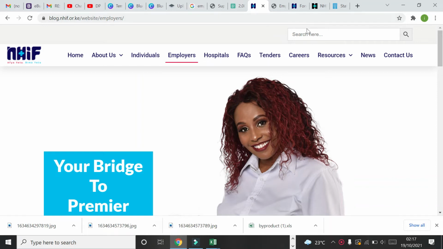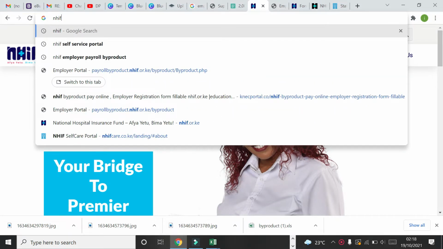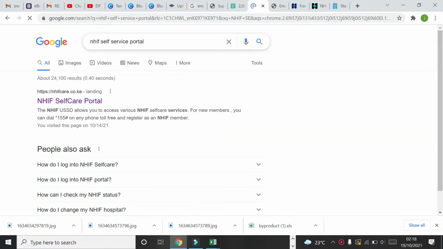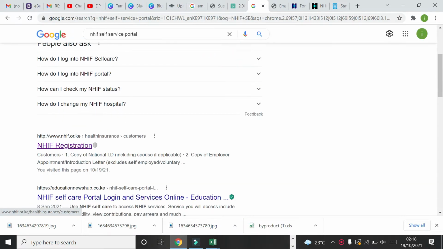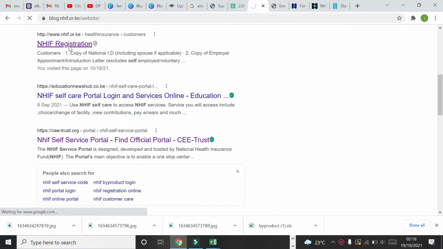As an employer, you log on to NHIF by simply searching NHIF. You'll be directed to the portal, that is a service portal. As an employer,